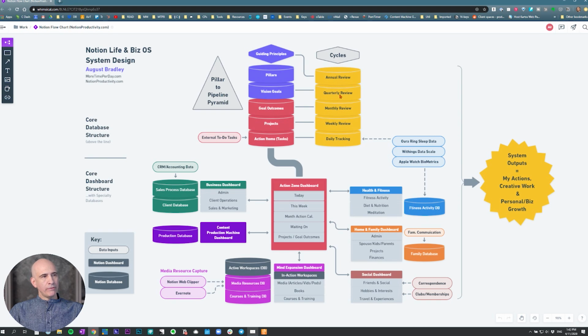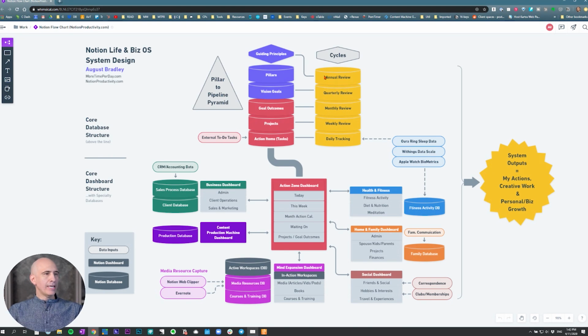Vision goals tend to be reviewed more on a quarterly basis because those don't change that frequently. But you want to see if there are shifts in what your priorities in life are, or if certain things are getting stopped up at the vision level, you want to reassess. But you don't want to be doing that too frequently because it just takes too much time. Then pillars and guiding principles tend to be annual things, you're not changing them very frequently at all, but you do at the outset of each year want to have a sense of where it's going.